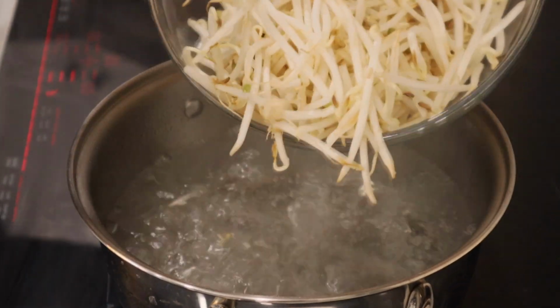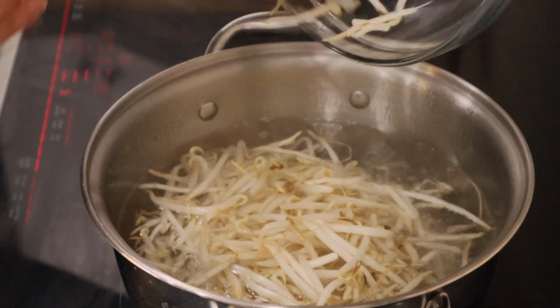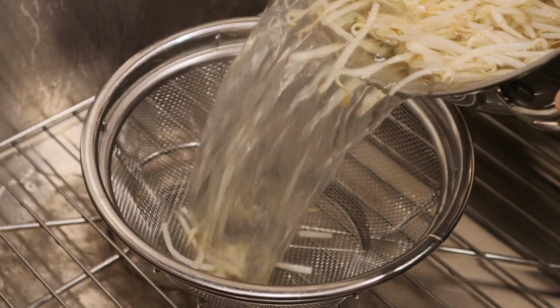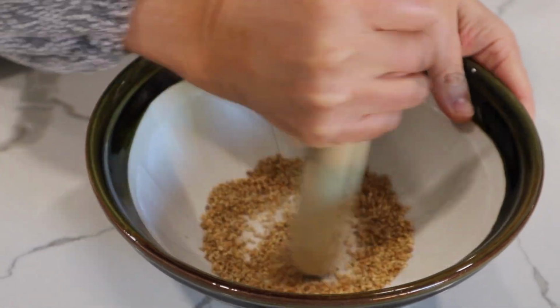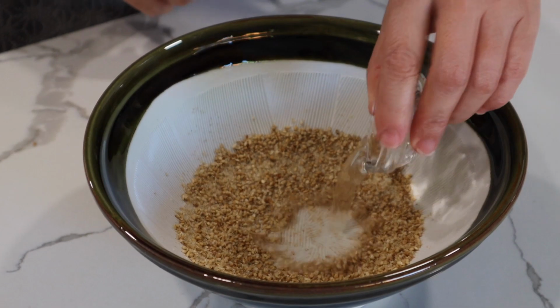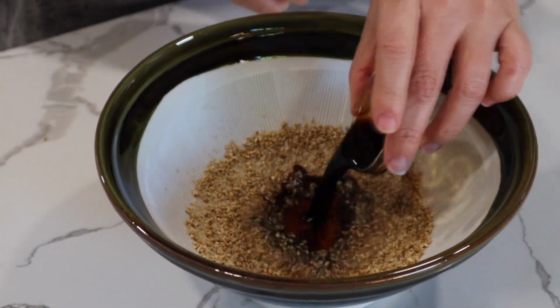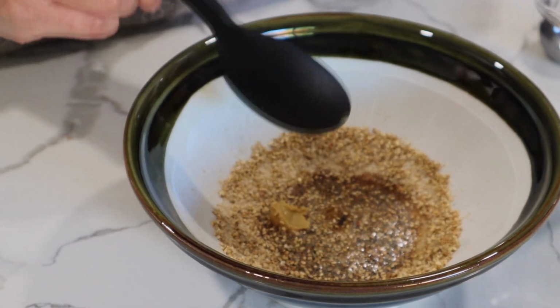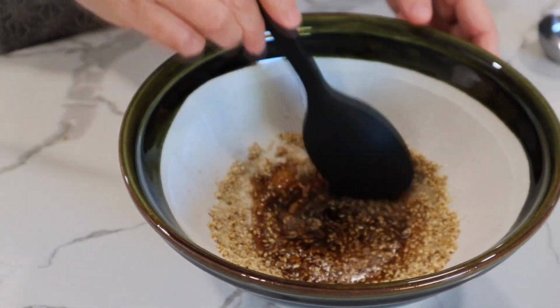First, we boil bean sprouts, just for 2 minutes, not to overcook. Strain and set aside. Next, we are making the sauce. Grind the sesame seeds and add the seasonings, rice vinegar, soy sauce, sugar, and some Japanese yellow mustard called karashi,